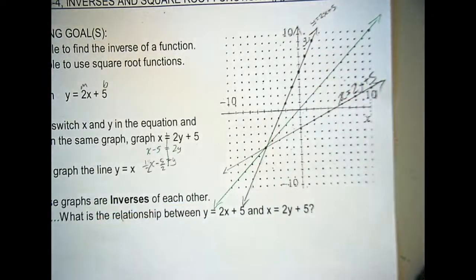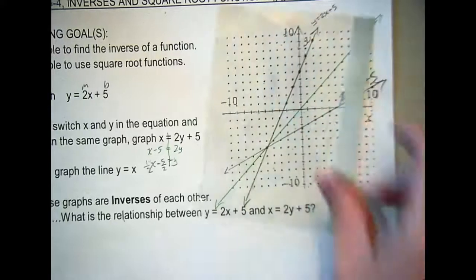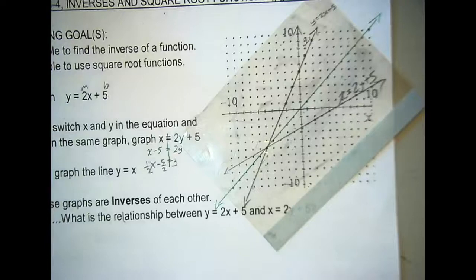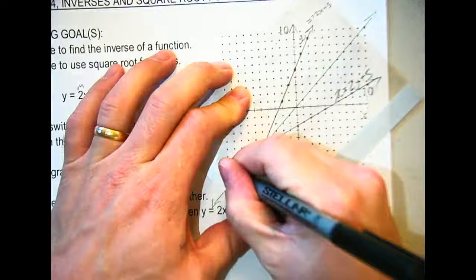If you guys recall back in geometry, now if you had me or Vogel, we actually used this transparency paper. Did anyone use that? Okay, a good chunk of you had us. Let me see if I can find a pen. This pen will work. Let's see, if I trace my original line,